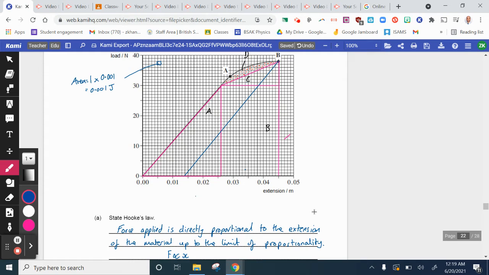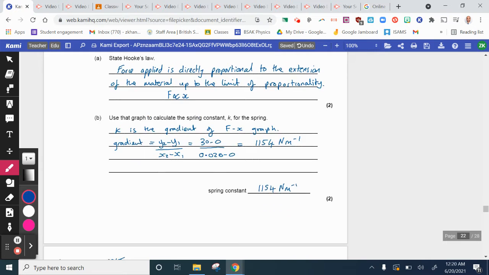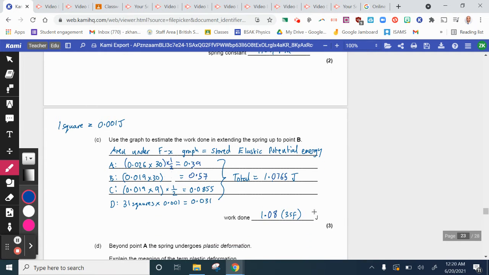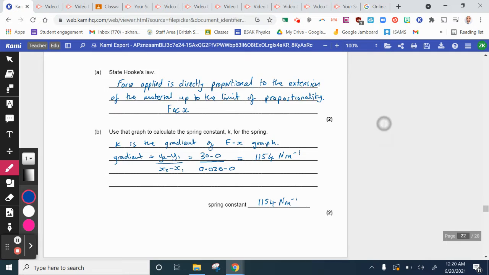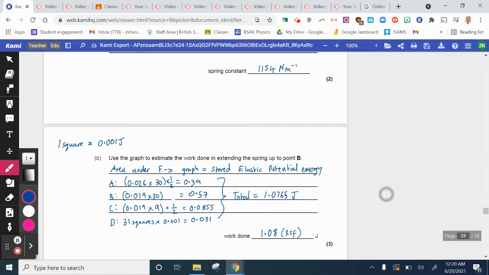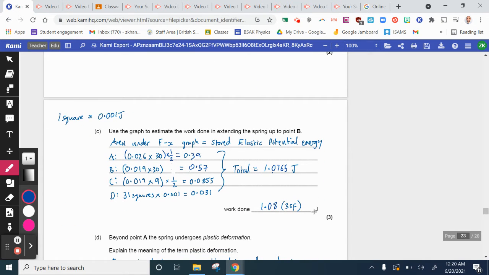It's the base times height, and the base is from 0.045 minus 0.026, and that gives us 0.019, multiplied by the height of 30 gives us an energy of 0.57. And then the triangle here, a height times the base times a half, gives us an area of